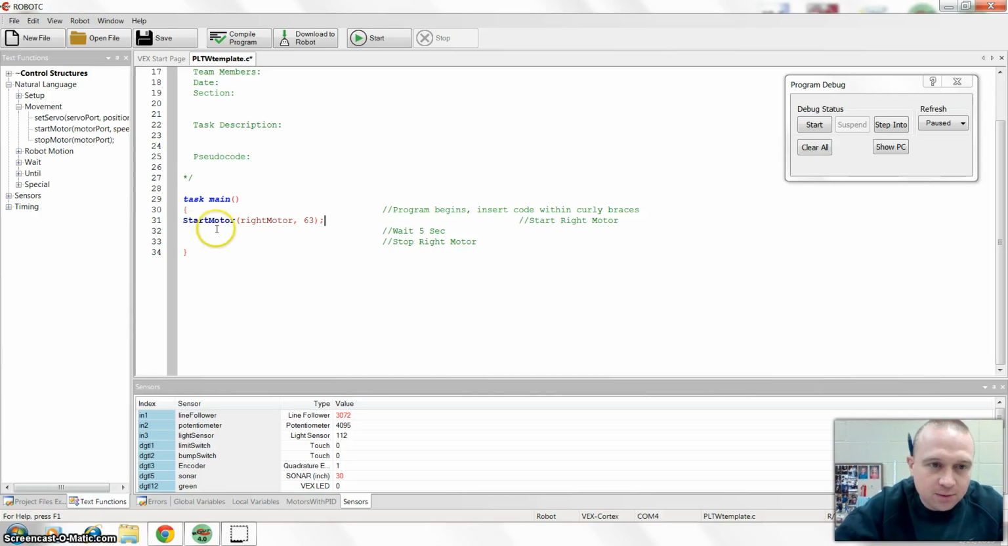Next line I need to put in, we need for it to wait. We're going to say 5 seconds. And then what do we want it to do? We have to turn it off too. And so I'll say stop motor, parenthesis, tell it what the motor's name is, and again that's from the motor and sensor setup. In this case it's right motor, and we don't need any power setting for it, so that should do the